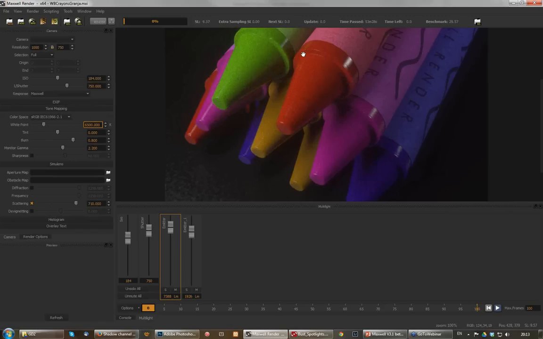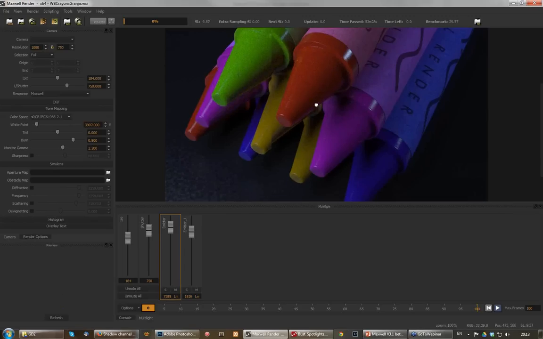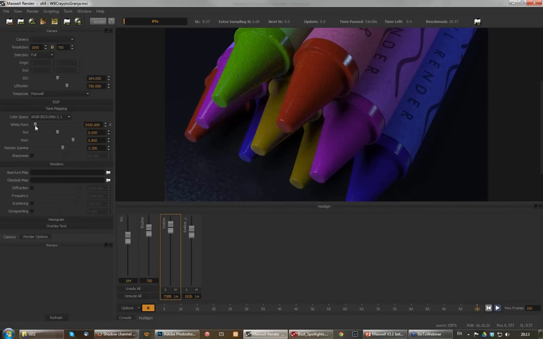But let's say you had a physical sky render and you want to white balance that with emitters, you can now much more easily do that by just changing the white point parameter. Just turn off the scattering. Okay, so you can see, and also of course you don't only need this for accurate white balancing, you can also use it for artistic purposes. So here, as I'm turning it, it's going more towards blue at a lower temperature,